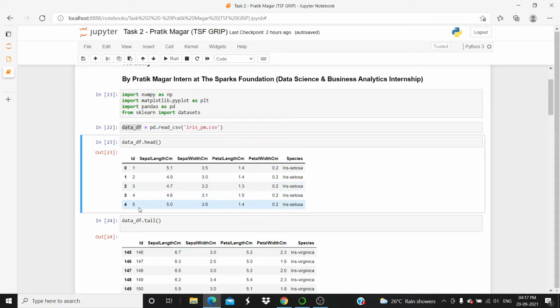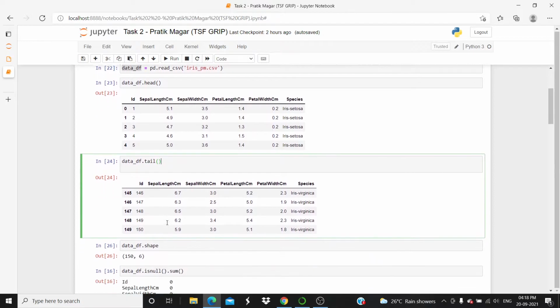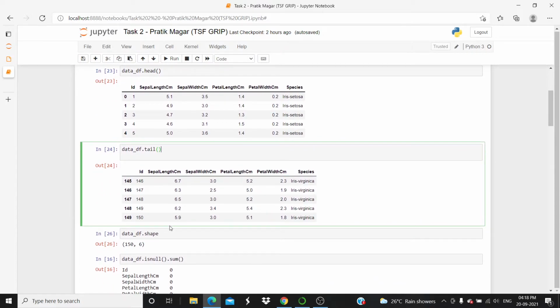So we will visualize the data, and for that we will use dot head and dot tail. Then if we want to check the number of rows and columns in our dataset, we use dot shape.